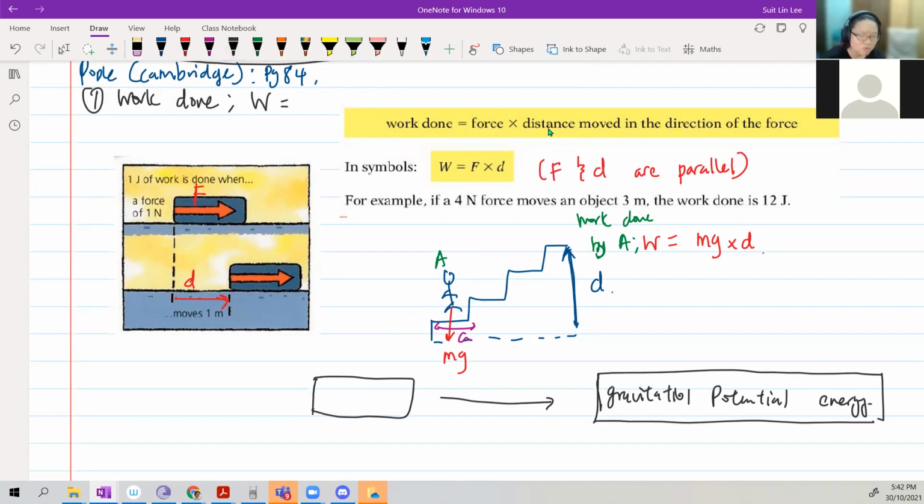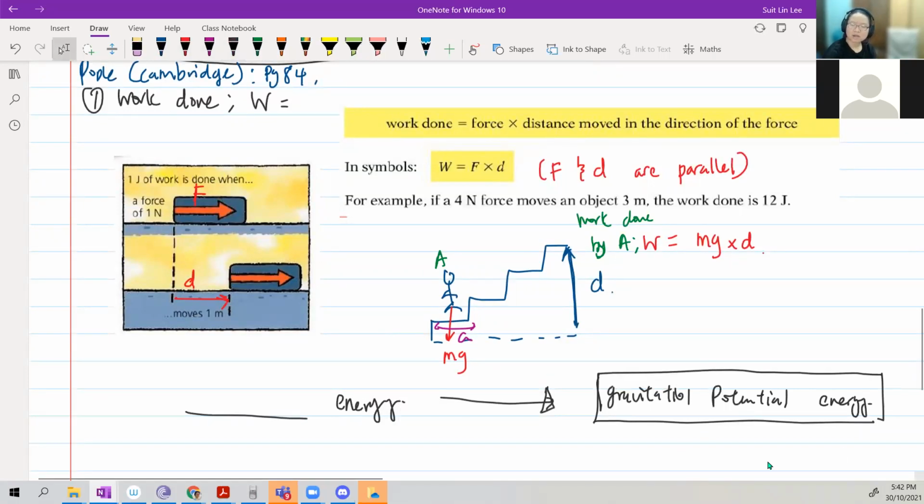But does anybody know where this energy comes from? Because you cannot create energy. All the energy that we have, we have always had since the beginning of time. Energy cannot be created, energy cannot be destroyed. So this GPE is converted from another form of energy. What do you think this energy is? When you climb the stairs, where does the energy come from? What do you think? It cannot come from nowhere.